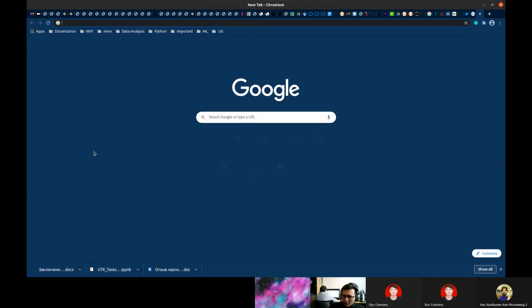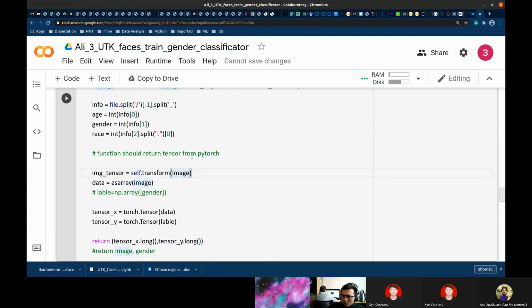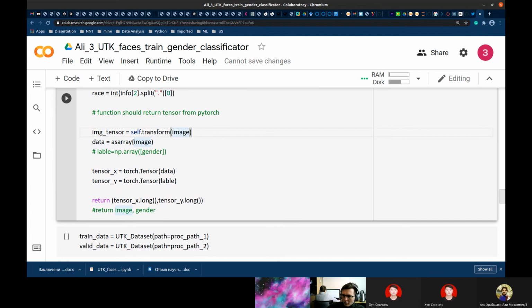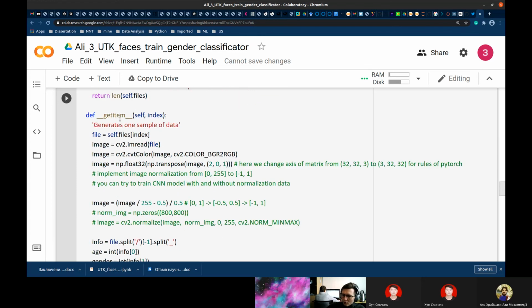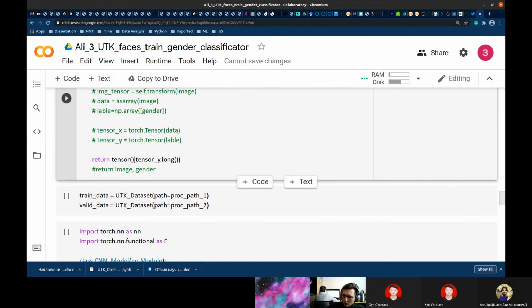Okay, let's look. Let's comment it. Here we transform the image into a tensor, image as array. Here we just need to use only a tensor, because we import tensor from PyTorch, and we can use just a tensor